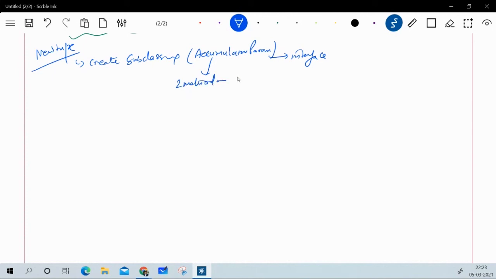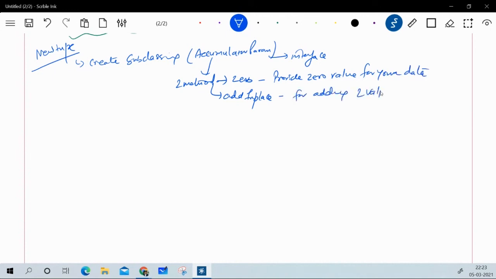The methods are zero and addInPlace. What zero does is it provides the zero value for your data. And addInPlace is used for adding two values together.